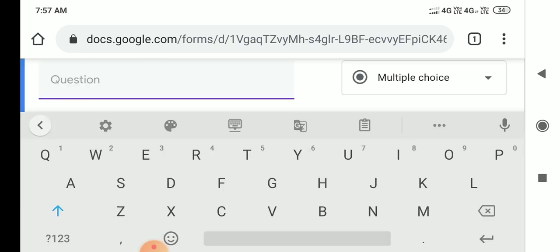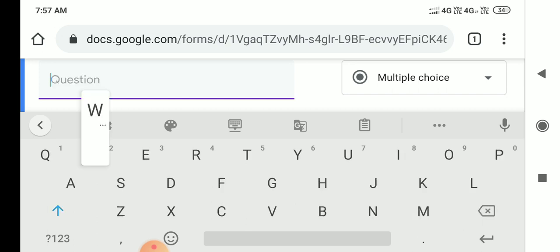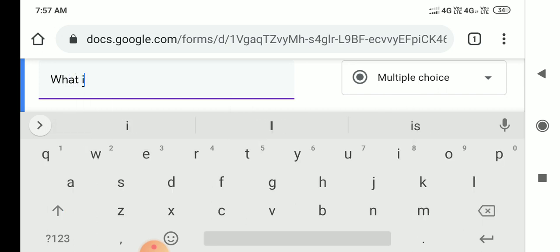Type the question. My first question is: What is the size of an IP address?